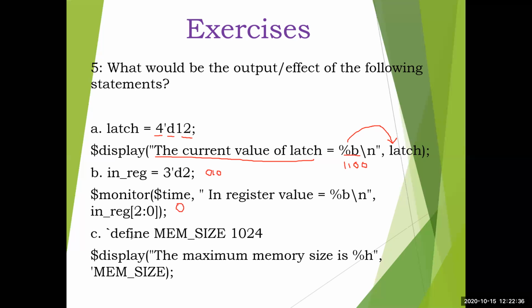Next we have a compiler directive example: `define mem size 1024. So this is a text macro initialized to 1024. Okay, so now it is combined with system task $display. The maximum memory size is %h. Okay, %h means hexadecimal, you have to display this mem size. So whatever is stored in mem size will be decoded into hexadecimal. So for that, you have to convert 1024 into hexa. How to do that? Decimal to hexadecimal, you have done that